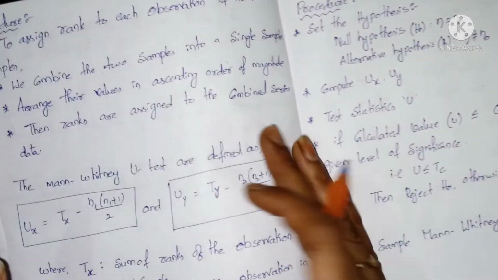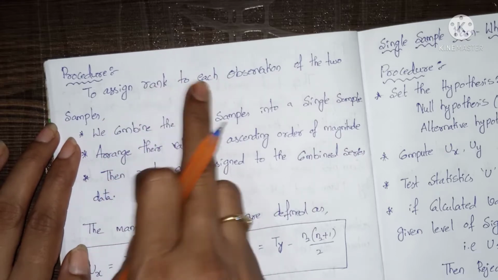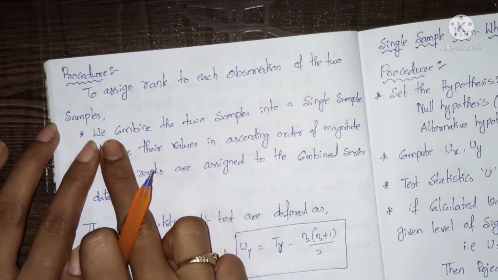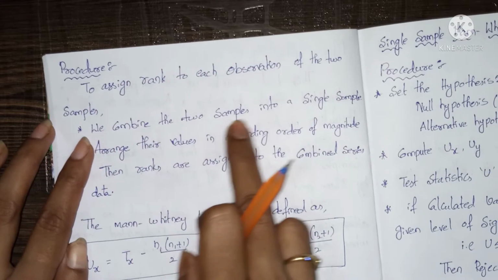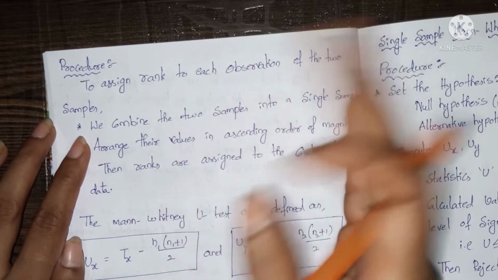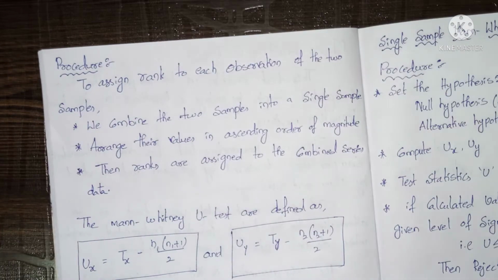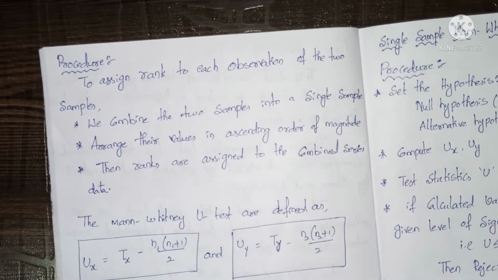That means we are going to take two samples of observations. After taking the two samples, we combine them into a single sample. How to combine, we'll see. For example,